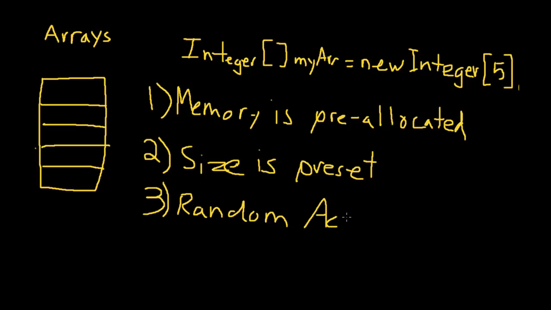So this ties into thing 1 again. Point 1, that memory is pre-allocated. Let's say in the memory, this is at memory location 1000. Let's say this is 1001. Let's say this is 1002, 1003, 1004. If I want to call on any given element, so if I want to see what